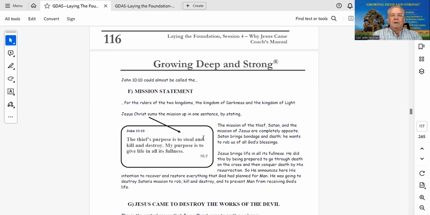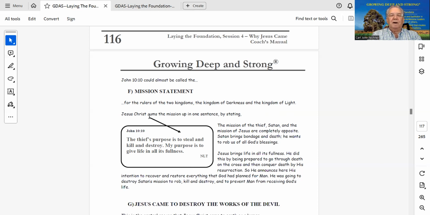Okay. Where the verse is short enough, we put the whole verse in there instead of just sitting down the side and this arrow. So in this you'd be going, John 10:10 could almost be called the mission statement for the rulers of the two kingdoms, the kingdom of darkness and the kingdom of light.